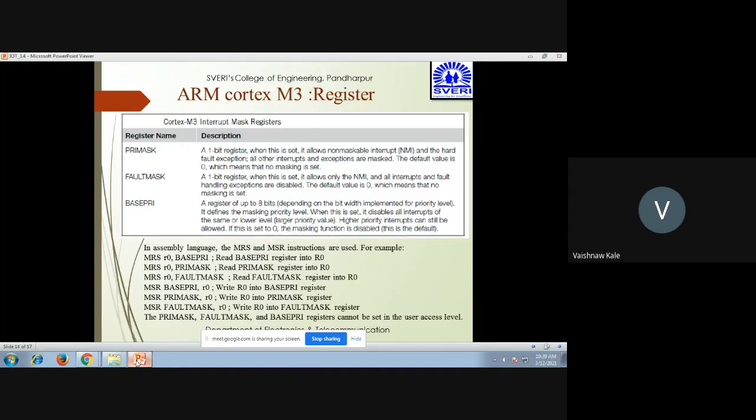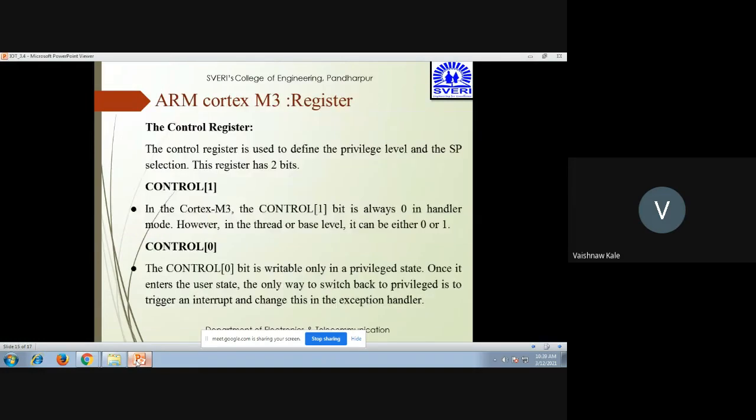This is for reading. For writing, MSR base primary, R0 writes R0 to the base primary register, MSR primary mask, R0 writes R0 into the primary mask register, and MSR fault mask, R0 writes R0 to the fault mask register. So we can say that the primary mask, fault mask, and base primary registers cannot be set at the user access level. Okay, so this is how they are.